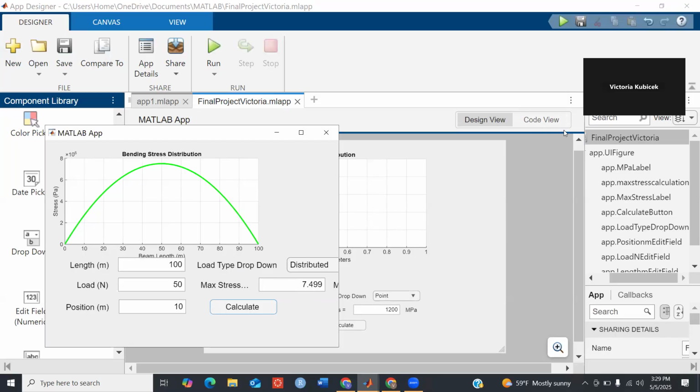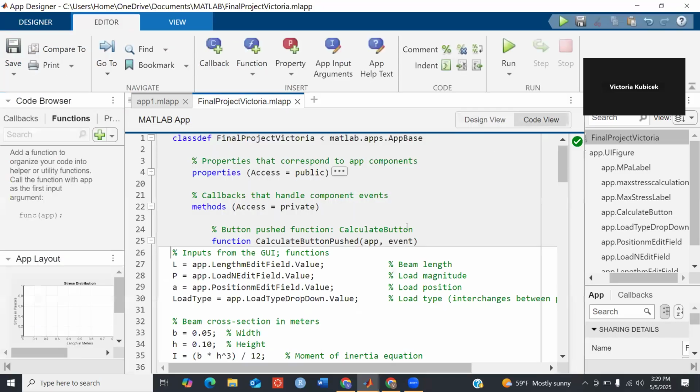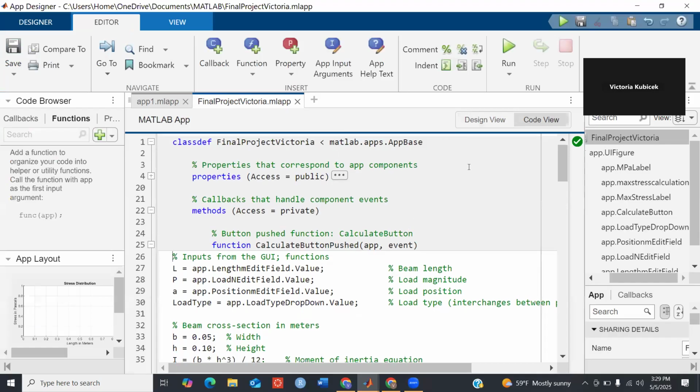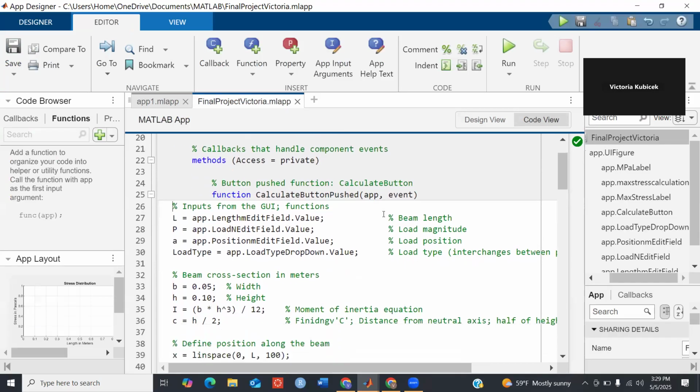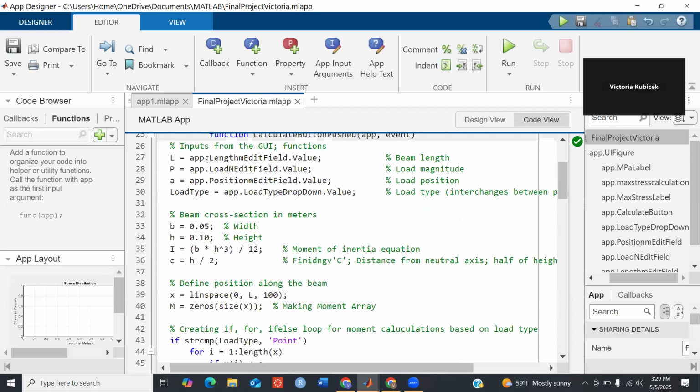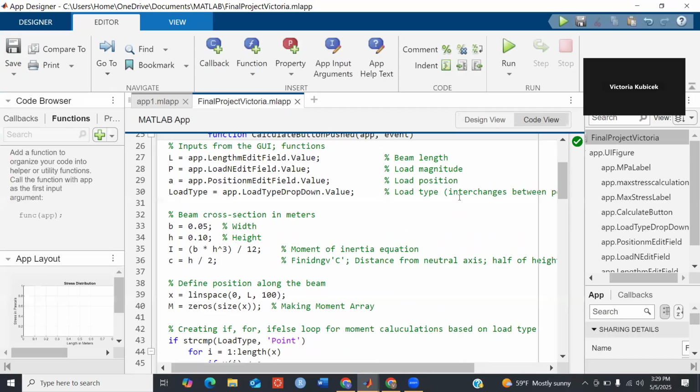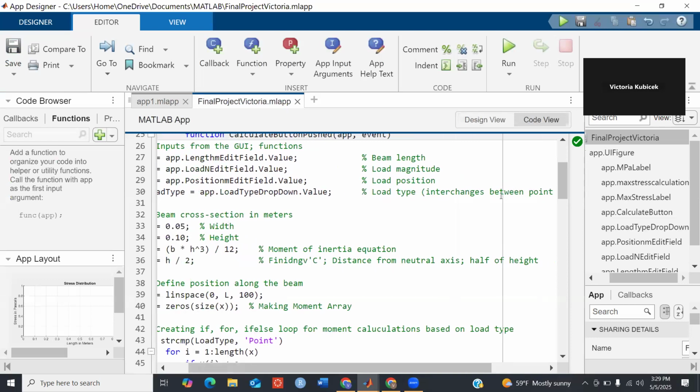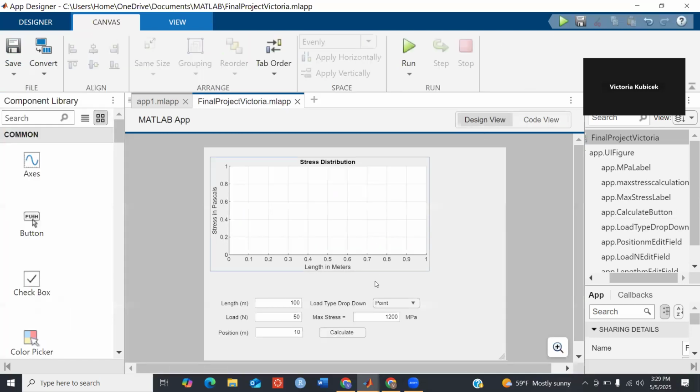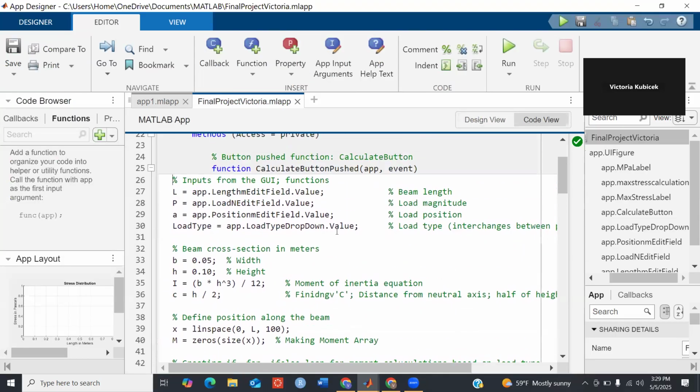Over here, we have code view. And this was built into MATLAB for the app design. And the inputs I made were the L is the beam length, P is the load magnitude, A is the load position, and then the load type, it interchanges between point and distributed. And then you can hit that with the drop down right here. Along with the code view after that,